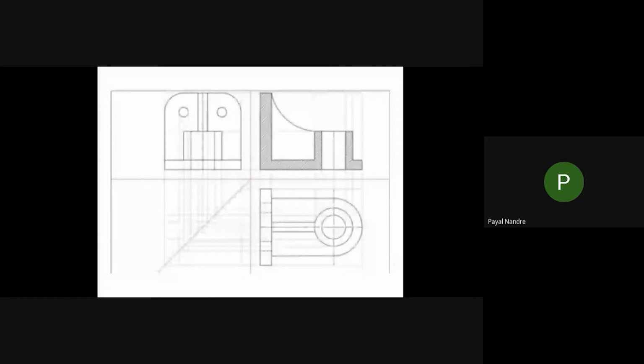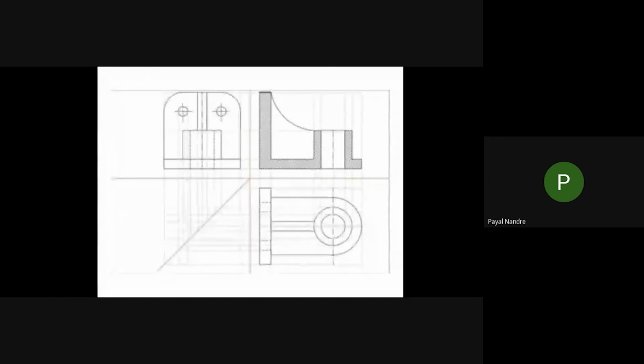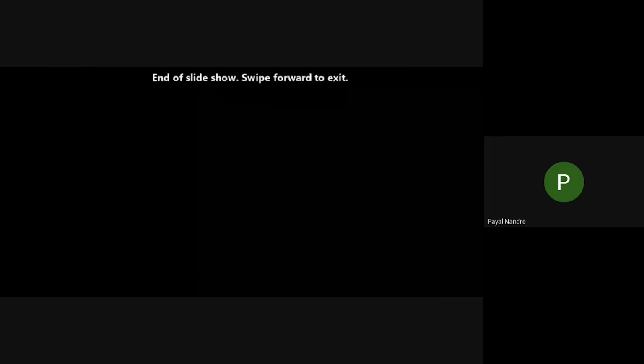After that, we will hatch the object using hatching lines to represent that it is a sectional orthographic view. After that, we will give a center line to the holes that we have drawn before. This is how our object is completed.